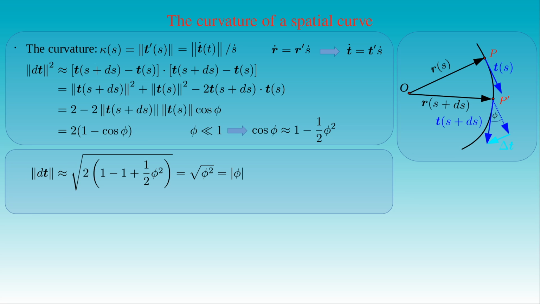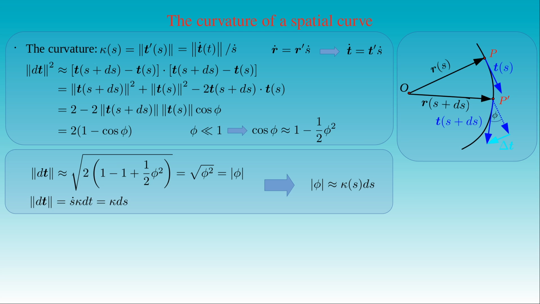If we multiply the first equation on the top with dt times s dot, where dt is the infinitesimal difference in the parameter t, then we can write the length of the vector dt as s dot times kappa times dt, since t dot is just the derivative of the tangent vector with respect to the curve parameter. Then we see that the length of dt reduces to the expression kappa times ds. From the last two equations we conclude that the magnitude of phi is equal to the function kappa times ds.